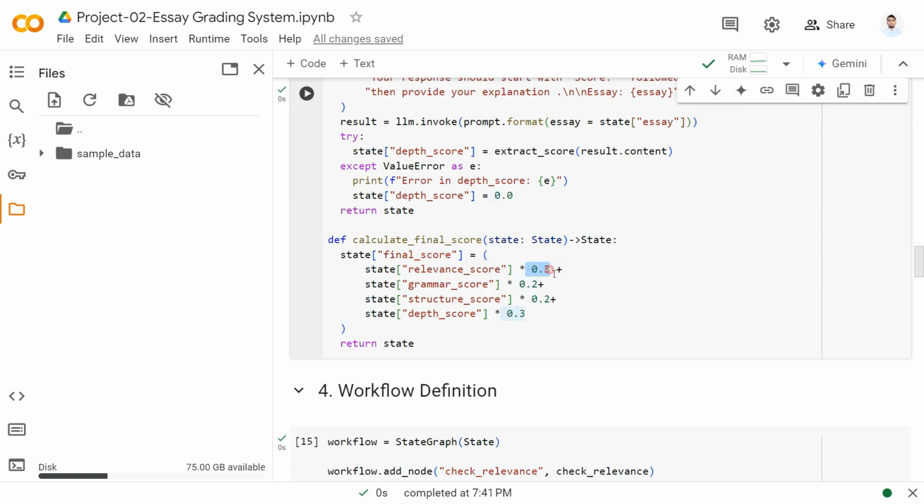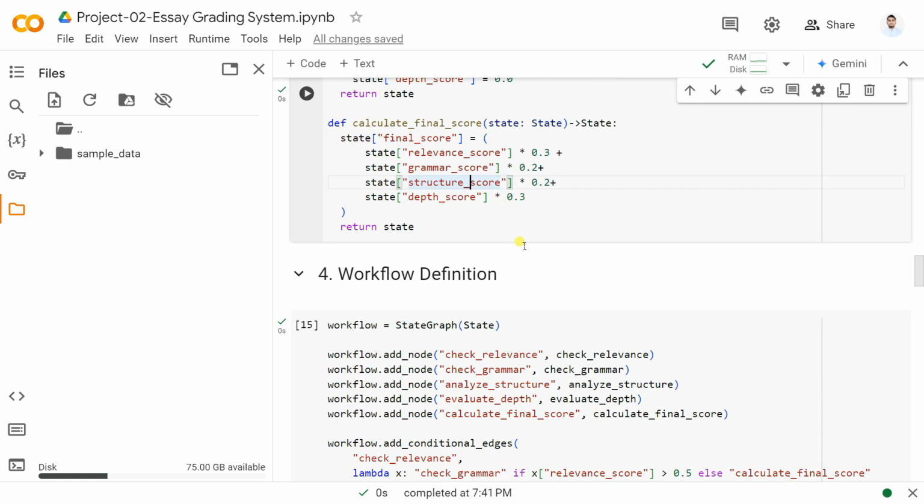इसके बाद हमने क्या किया, जो सारे एक्चुअली स्कोर हैं, इसमें 30% मैंने रिलेवेंस के स्कोर के साथ दे दिया, 20% मार्क्स मैंने ग्रामर के साथ दे दिया, 20% मैंने स्ट्रक्चर के साथ दे दिया, और 30% मैंने डेप्थ स्कोर के साथ दे दिया।